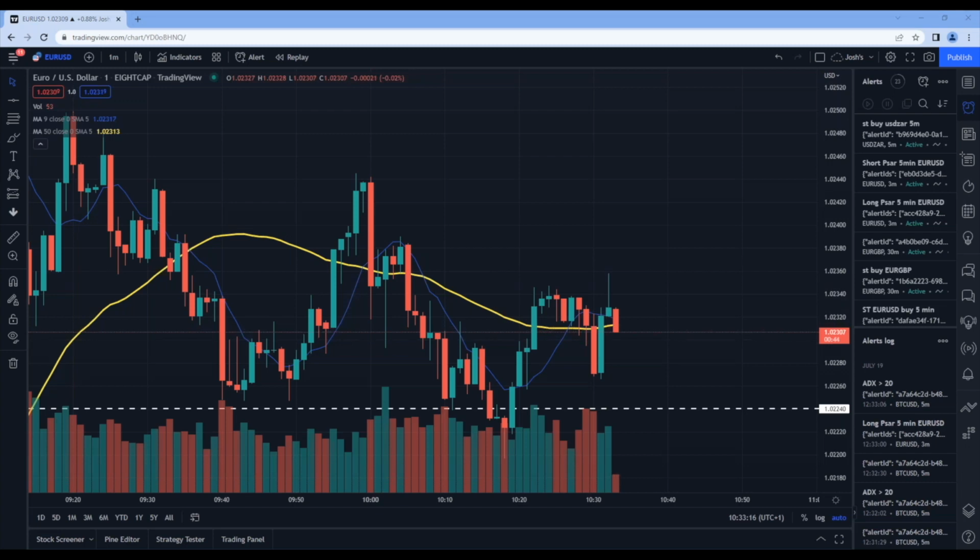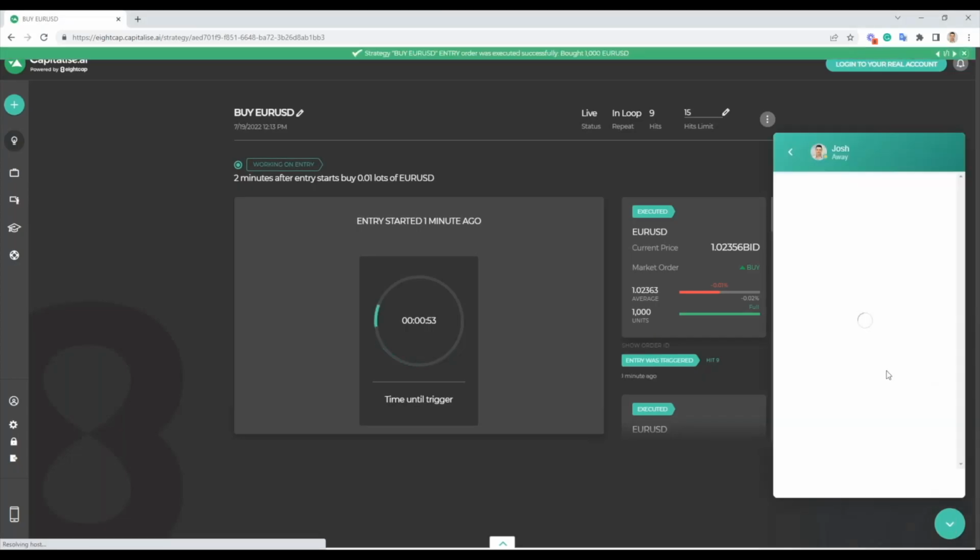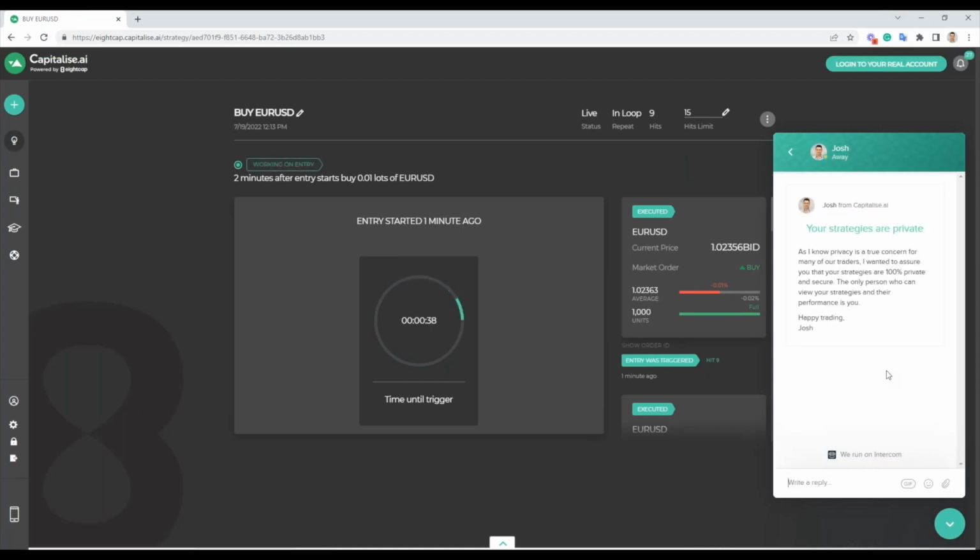Okay, well, can you tag the entries and exits on a chart and execute? This is an awesome question. Not as of yet. This is frequently requested. It's high on our to-do list, mapping hits on a chart. So I take it you want to open a chart and point out exactly where the entry of hit 1 happened or the exit of hit 2 happened. It will be on the way. And we'll keep you updated with all new feature releases. We'll keep you updated here in our chat and obviously via email as well.